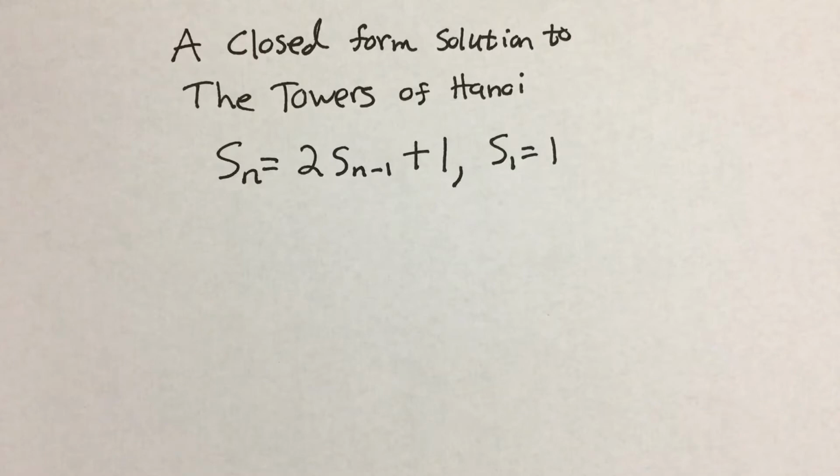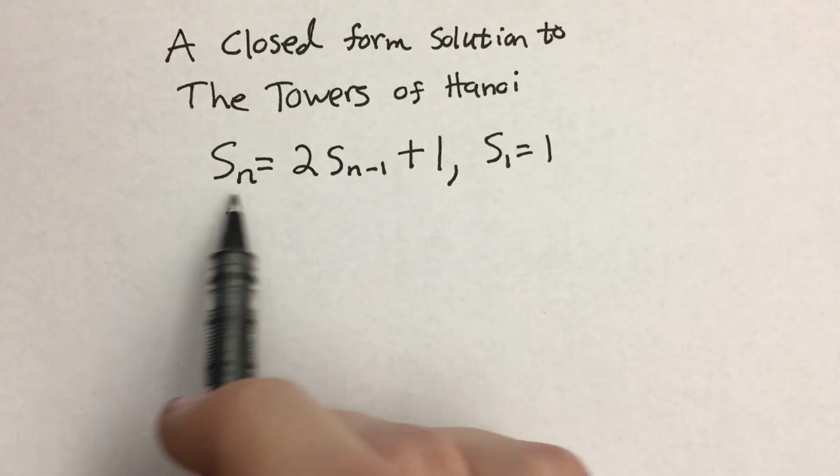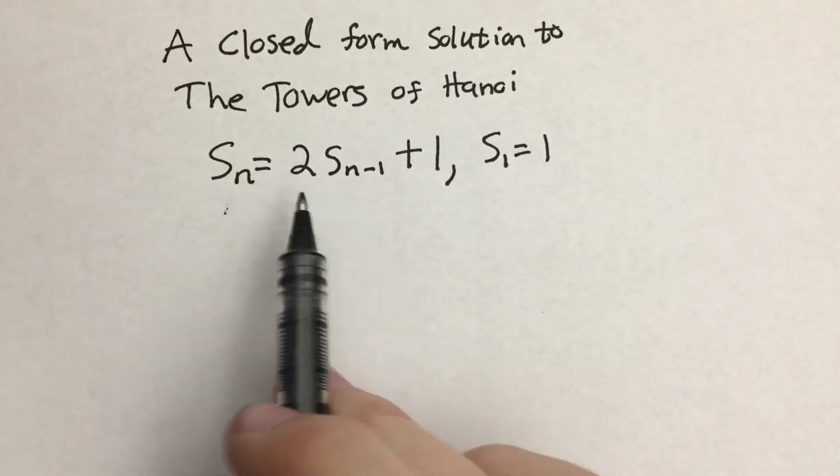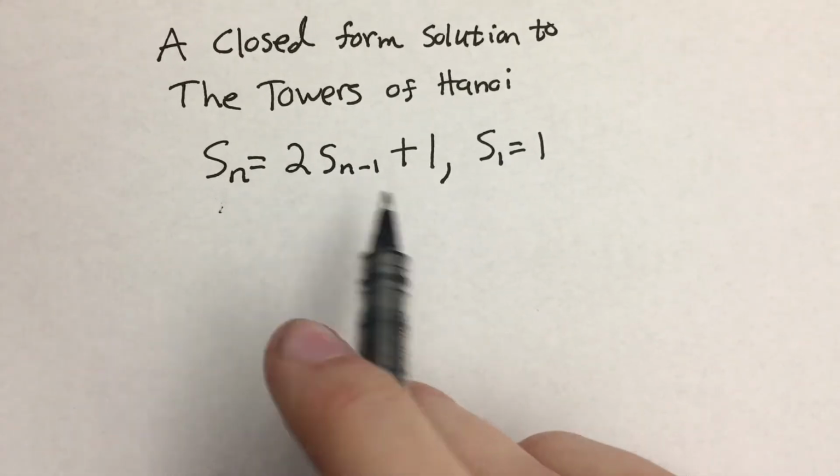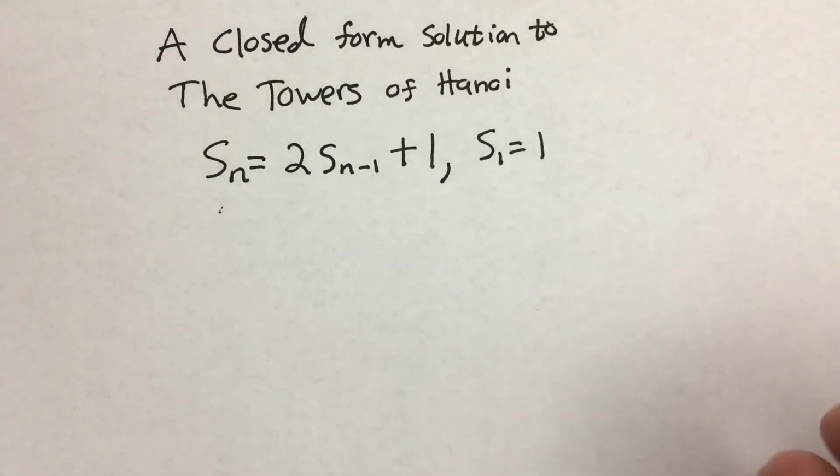In this video, we want to find a closed-form solution to the Towers of Hanoi problem, which is a classic problem that I've done a video on. I've probably put the link in the description or somewhere. But in this video, we want to find a way to write S sub n in terms of only n, not in terms of any previous terms, right? We want it to only be in terms of n so that